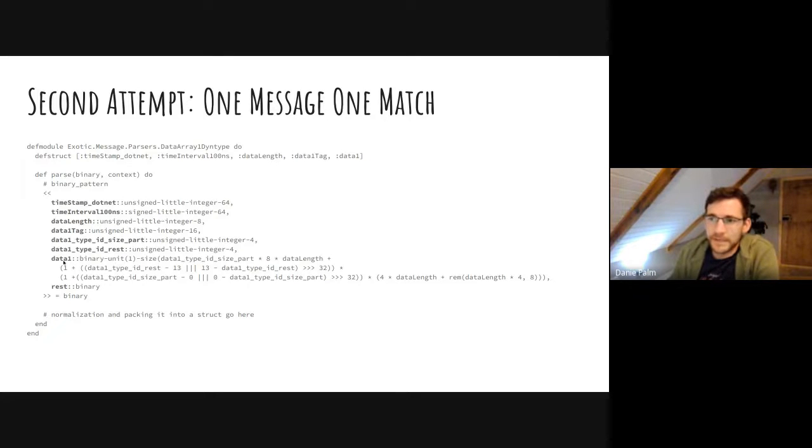And then we come to the dynamic part, and I now know that I need to parse out the nibble. So I will do an unsigned little integer of 4 bits. That will give me the size, and then I parse out the rest of it as well, the remaining nibble, and then I get to the actual data. And remember, I said you can do math inside size, and that's exactly what I'm doing here. This is all